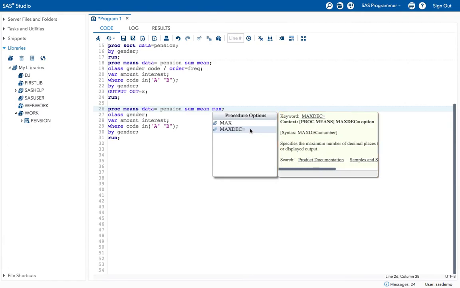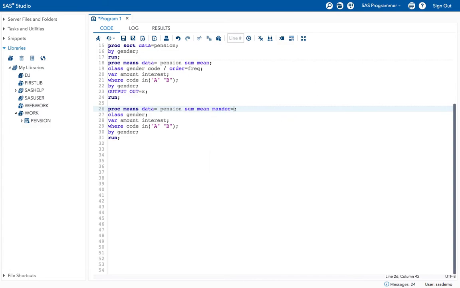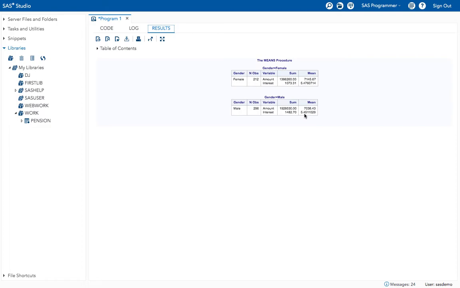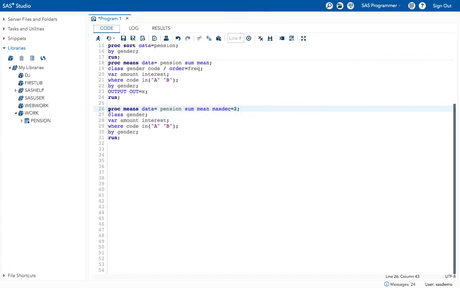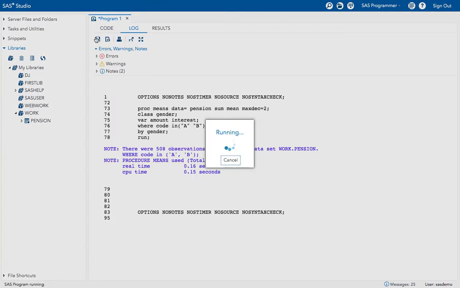Now give the MAXDEC option. I want to give two decimal places. Now execute the program. Earlier I had so many decimal values, now you will get only two decimal values if you mention the MAXDEC option.